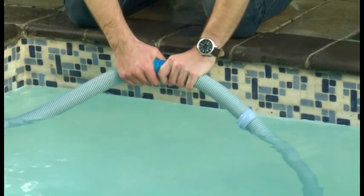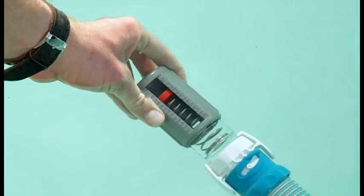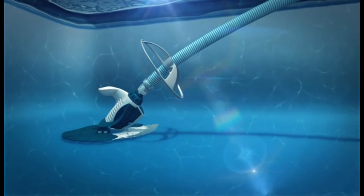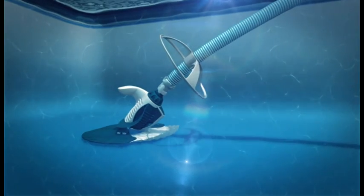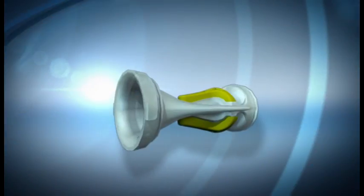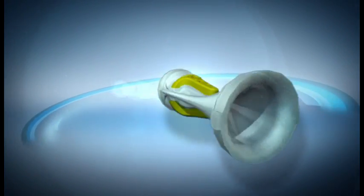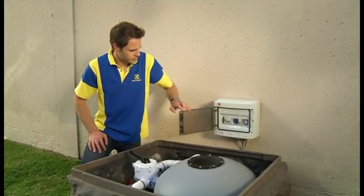If you notice that your Baracuda T5 Duo is stopping and starting, you should first check the hoses to make sure they're not leaking, and then check with the pool pulse to see if the flow's too low. Adjust if necessary. If you still find the cleaner is stopping and starting, you should next check the Duralife Diaphragm for blockages. Before removing the cleaner from the pool to check the diaphragm, make sure the suction pump for the